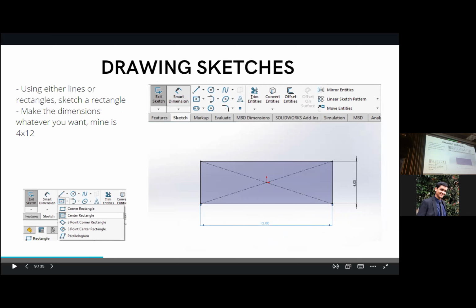So once we've got a sketch plane to work on, you can create any shape you want. In our example for the key, I'm going to start by doing a center rectangle on the origin. So if I just pull it up on